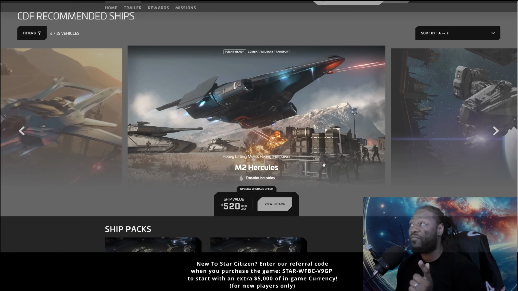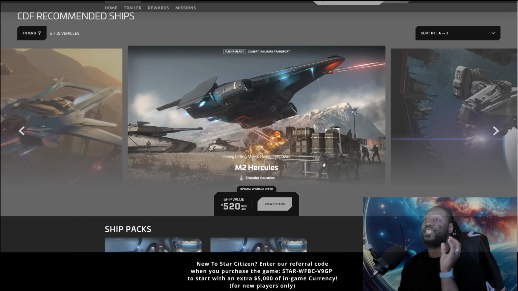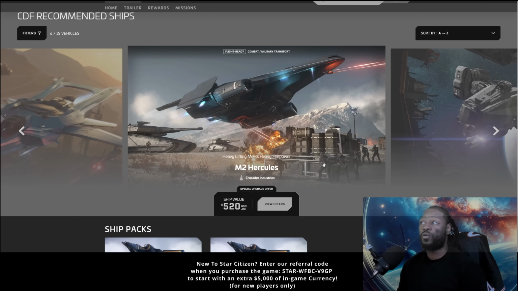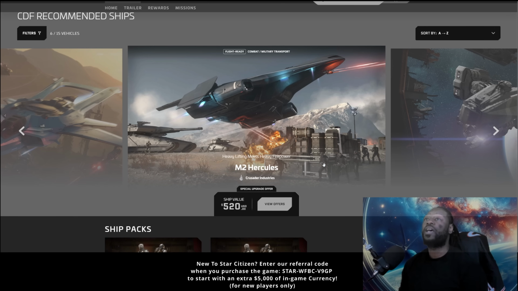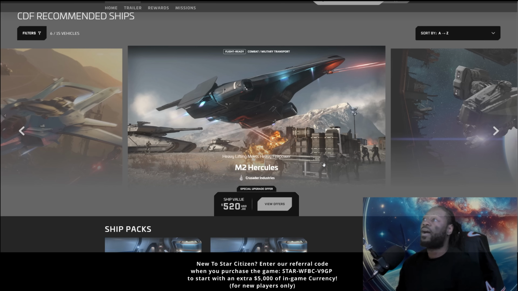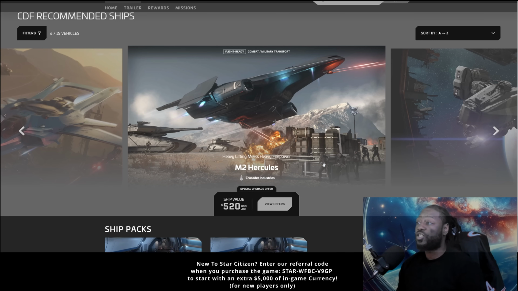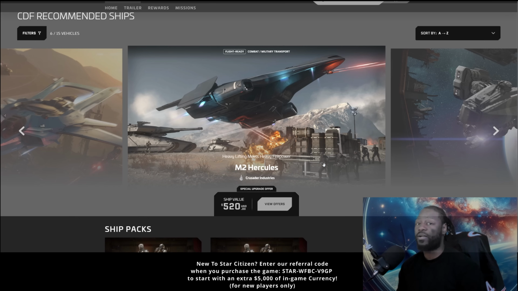which are size 5 pilot control weapons, which is decent, and you lose that speed and maneuverability of the M2 Hercules. That's what the M2 Hercules has over the Ironclad Assault. However, I still think the Ironclad Assault is the better deal, because I don't think anybody should be running these ships by themselves. And if you run each of these ships with the intended crew, I think you'll have a better time